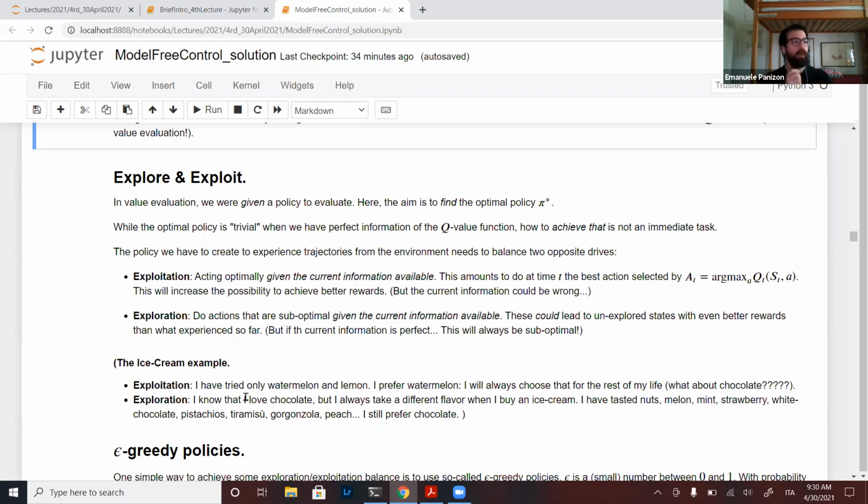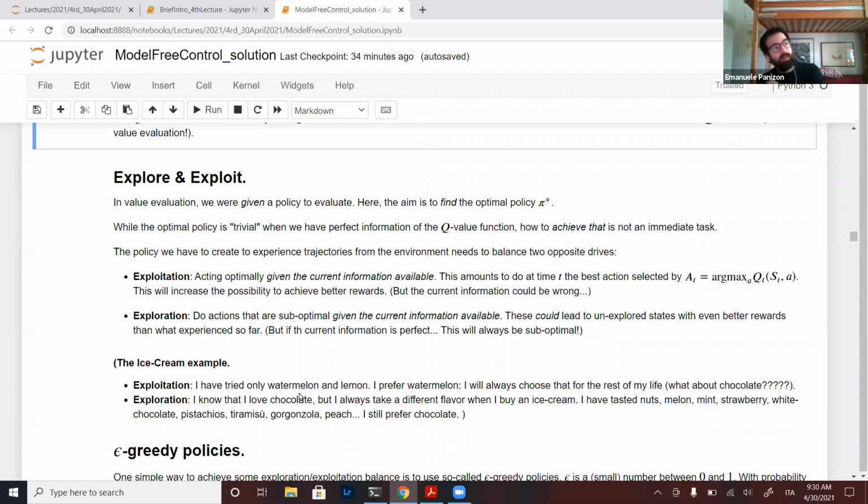Let's think you have never tasted any ice cream except for watermelon and lemon, and you decide that watermelon is better than lemon, and you say, okay, from now on until I die, I will only get watermelon ice cream. I don't care that there are many others. I know that I prefer watermelon to lemon, so I don't want to make any mistake. I will only take watermelon. This is clearly the worst idea of your life.